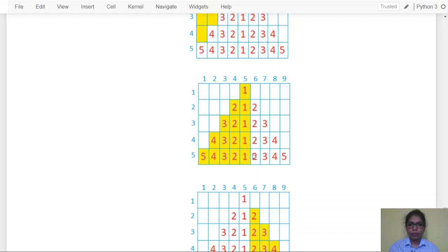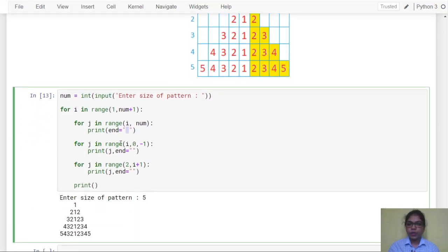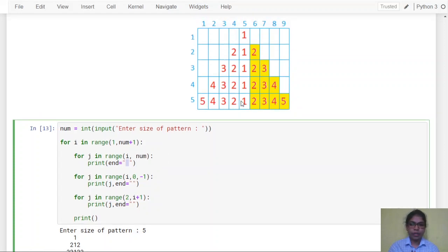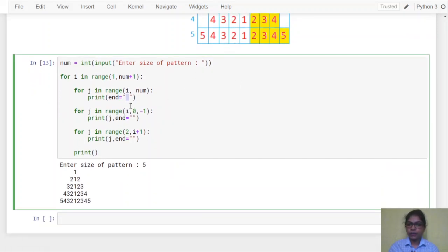Then for this part, we will have another for loop. It will start again with the value i, and now you can see there is a decrementing number, so the order will decrement. The step size will be -1, and it will start with i up to 0. 0 is not included, so it will stop with the value 1 in decrement order. So the numbers depend on the value of i. If the value of i is 4, it will start with i, decrement with step size -1, and stop at 1. So 0 will not be there. In this way we will get our pattern.